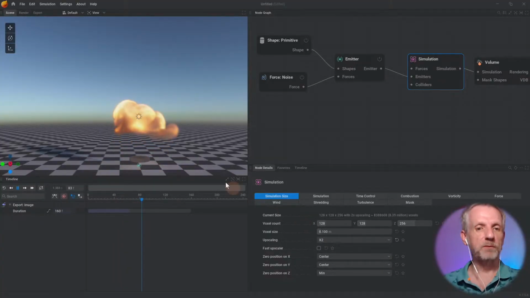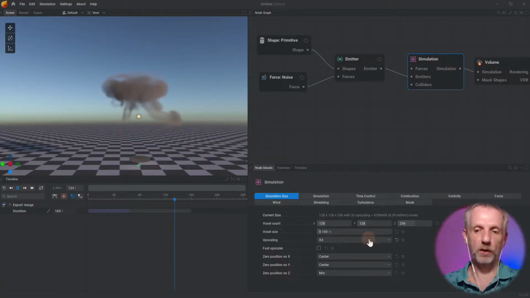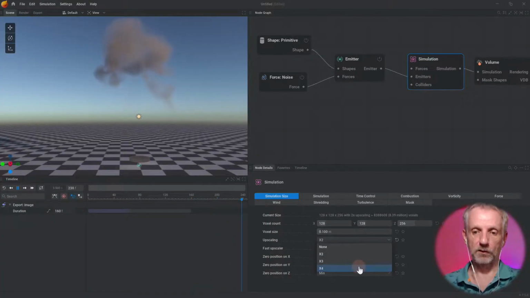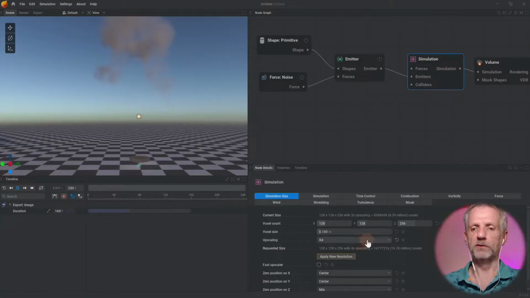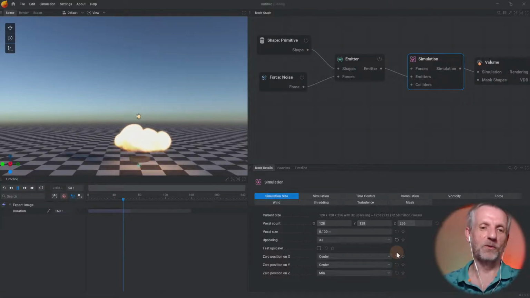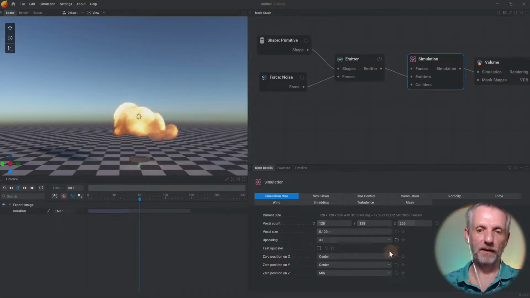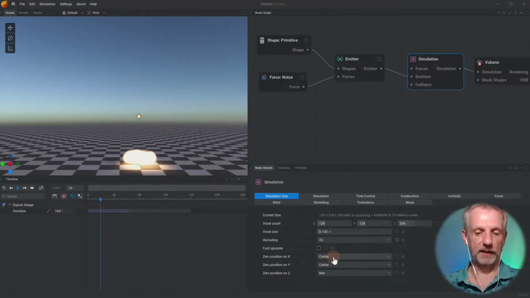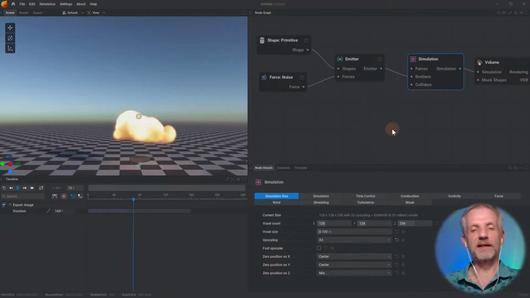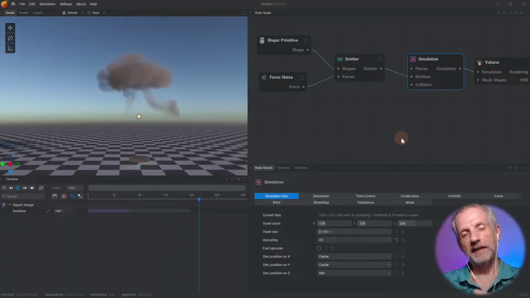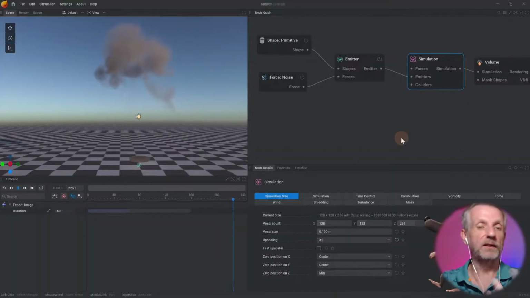So it has more resolution. The simulation is a bit slower, but I think it'll be good once we get that exported. There's also a ×4. I might not do that. That might just make it really, really slow. Yeah, look, this is ×3 because it just takes up so much more room now. I might just use ×2 and leave it like that. And yeah, so as you play with these parameters, as you animate things around, this is how you